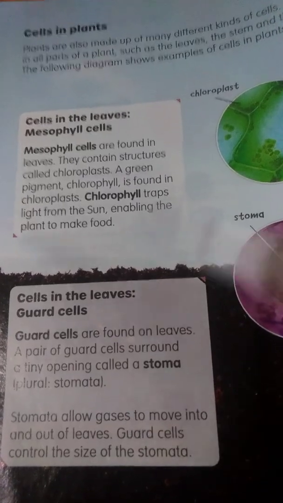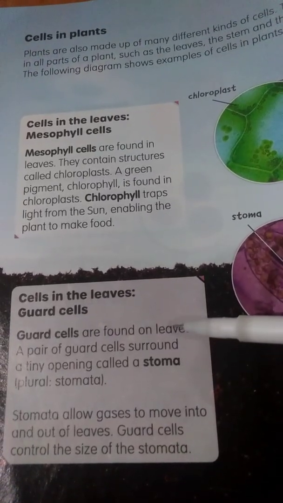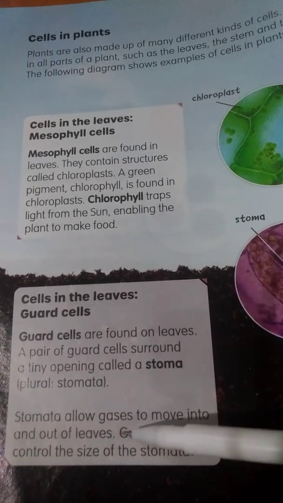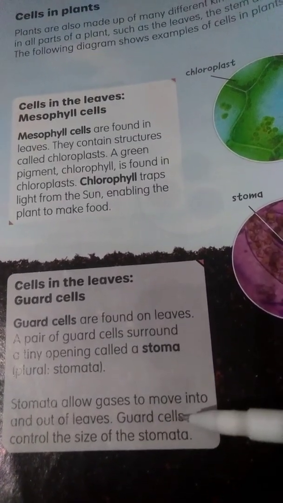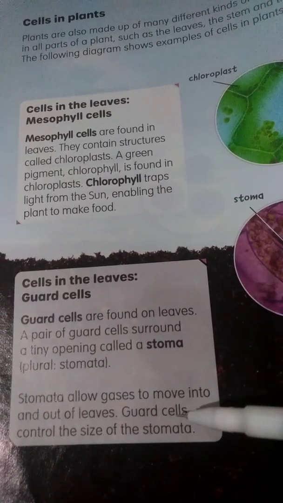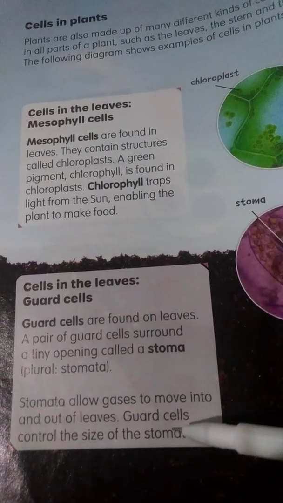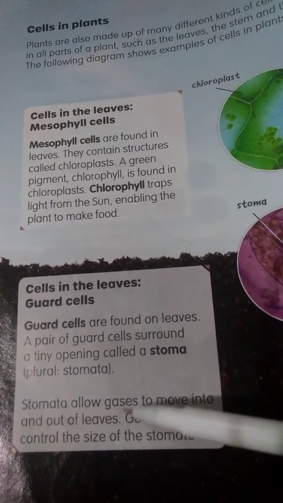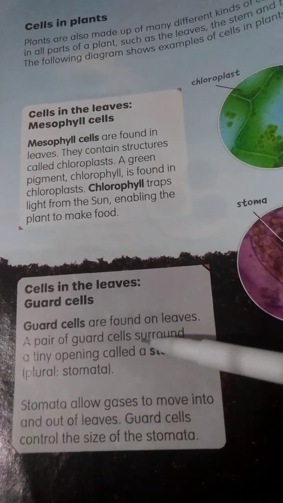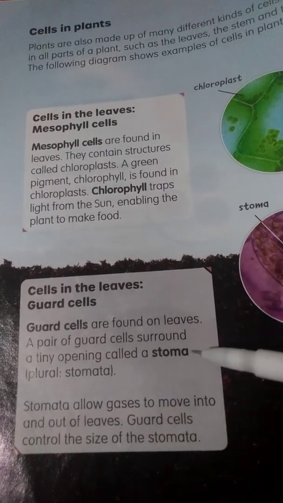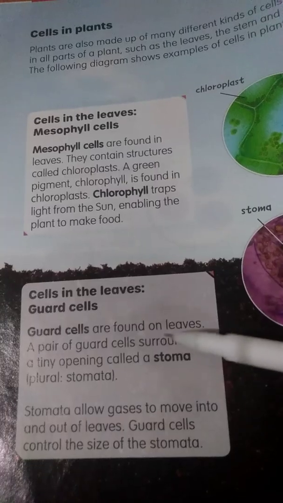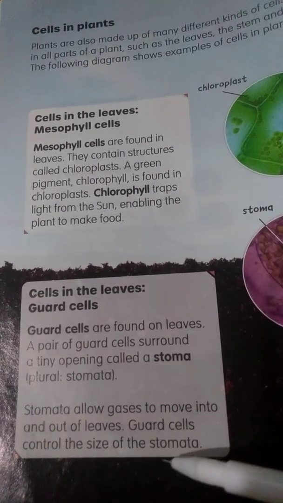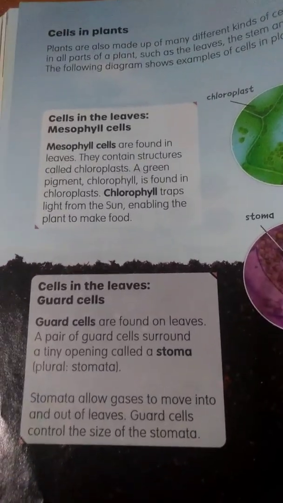Jadi kita sudah tahu ya, stomata itu tempat bernafas ya, tempat lewatnya gas oksigen and also carbon dioxide. So, what is the function of guard cell, teacher? Guard cell to control the size of stomata. Jadi ternyata besar kecilnya ukuran stomata ditentukan oleh guard cell, karena guard cell tadi adalah surround a tiny opening called the stomata. Jadi dia mengelilingi stomata. Jadi guard cell lah yang akan mengontrol ukuran dari stomata atau mulut daun.